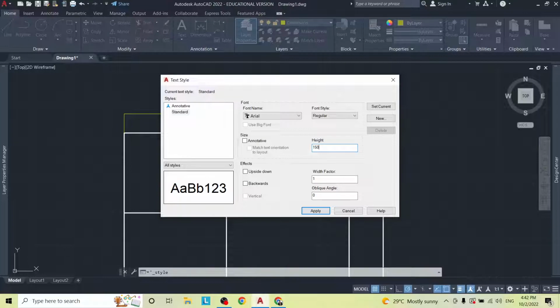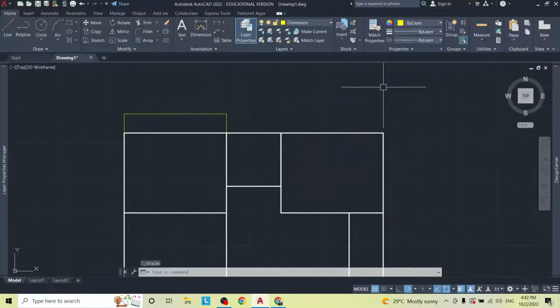So at a scale of 1 to 50, the text height would be 150. We could adjust it to be a little bit smaller depending on how it looks, but just hit apply and then set current. So every text that we write is going to show up like that. Now we going to set up. Nothing has happened yet because we adjusted our text. We did not adjust our